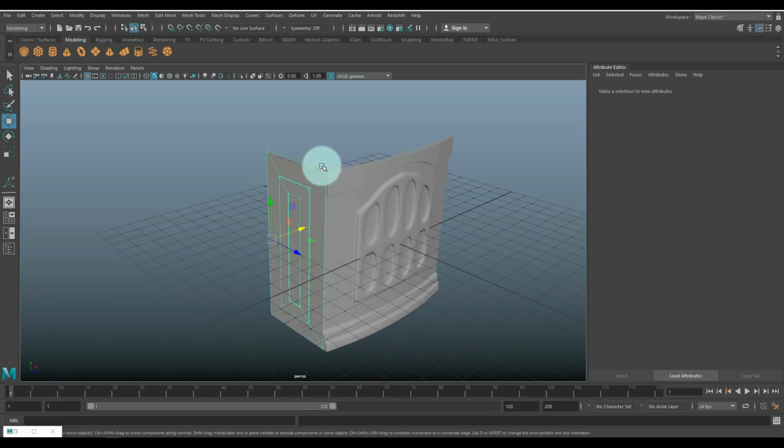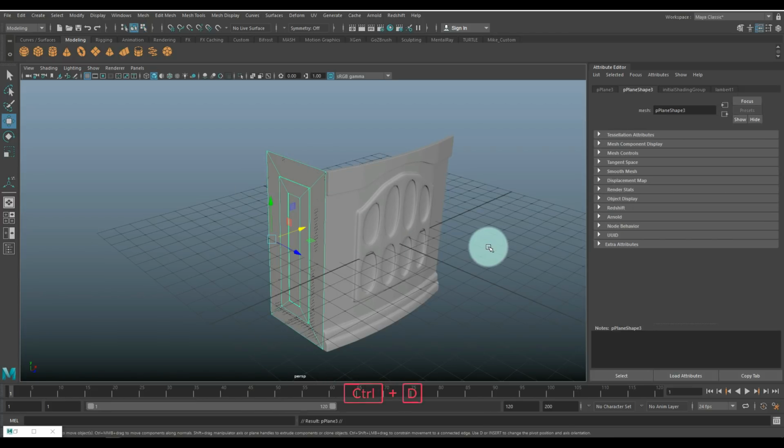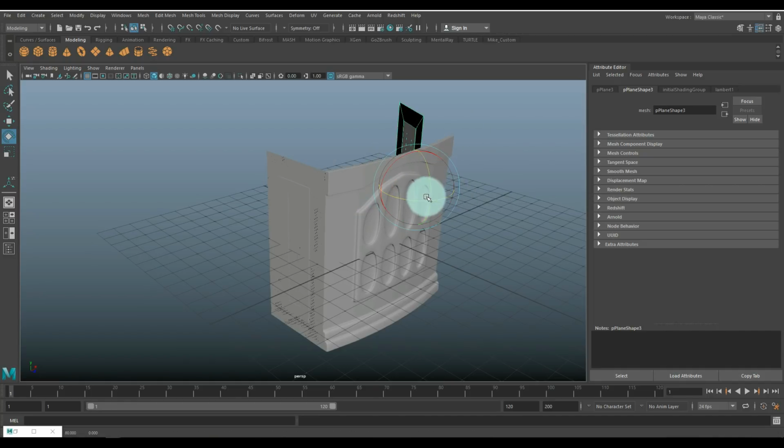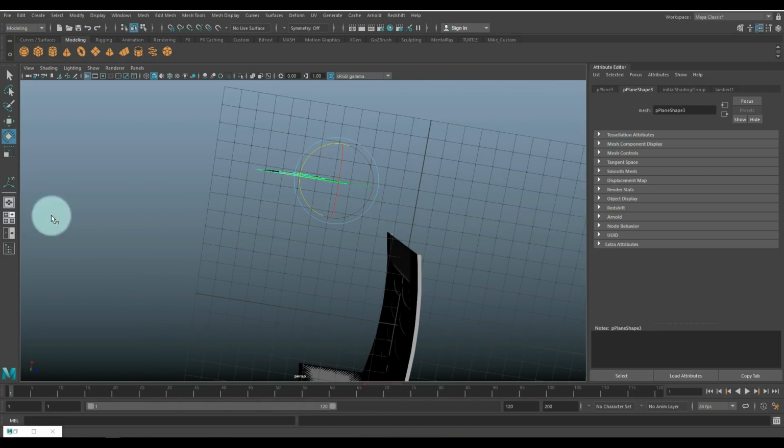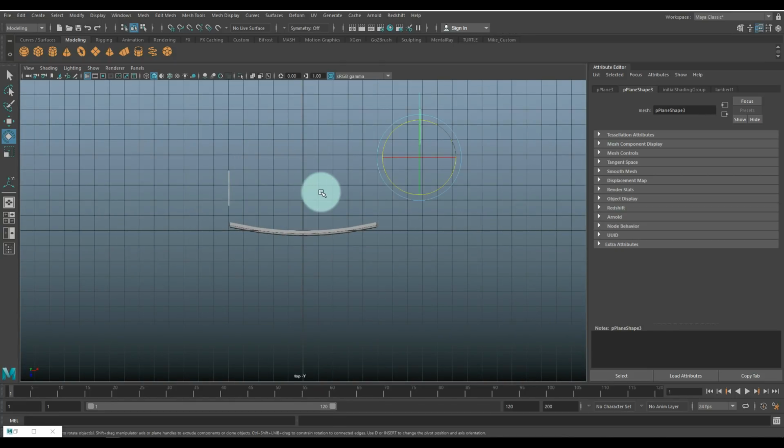Okay, so we got this guy, we're going to hit Control D to duplicate, W to move over, E to rotate, hold down J, flip it around until we're at 90 degrees, and we are. And then we're going to bring it back in here, hit W, move it over here, F to frame,